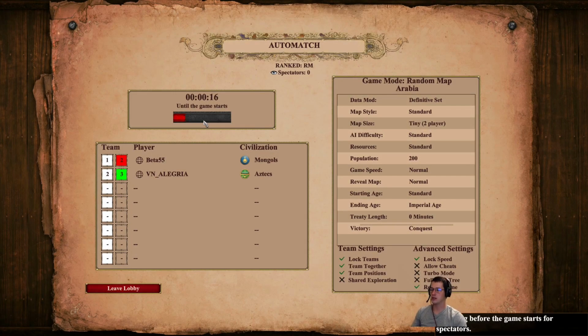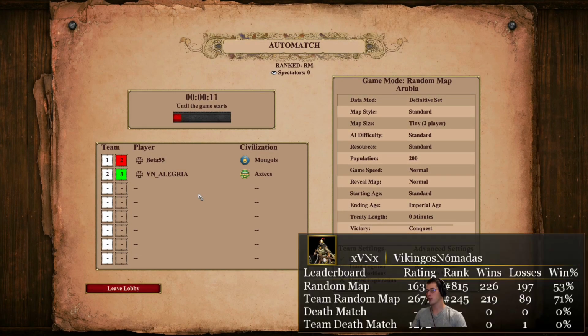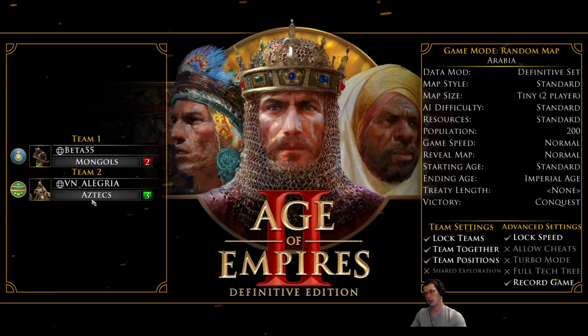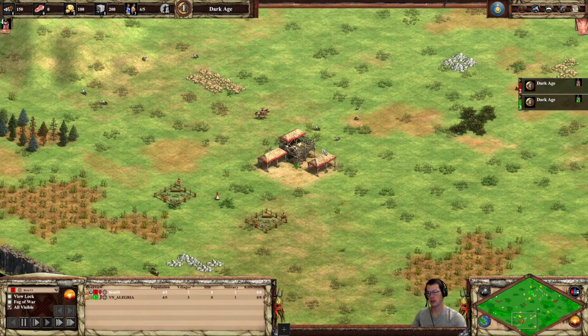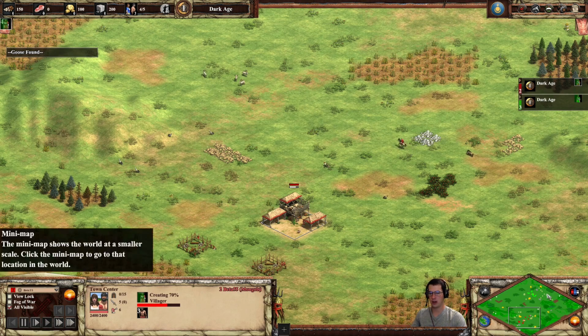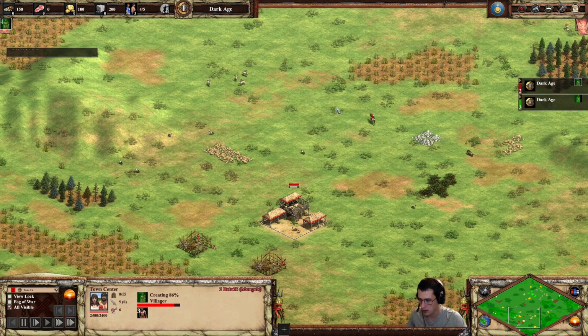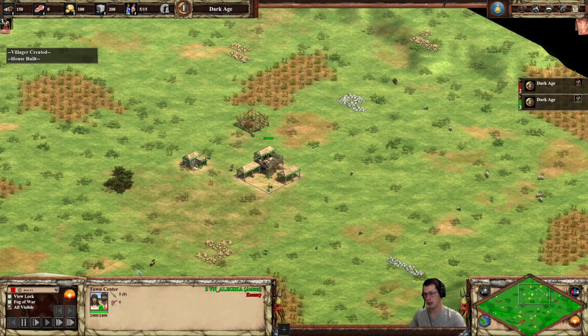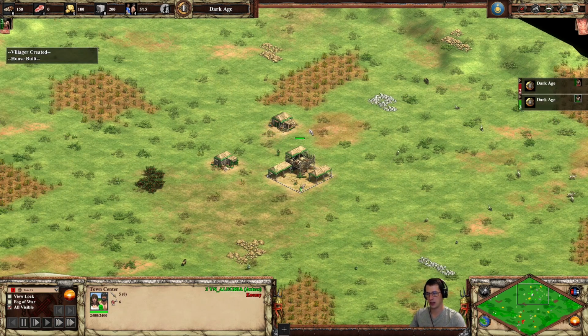We have Aztecs against Mongols. Interesting matchup. I'm thinking, what could Aztecs have against Mongols? The Mangudai. Skirmishers probably. So we have beta 55 in red with the Mongols, and with green this is VN Alegria with